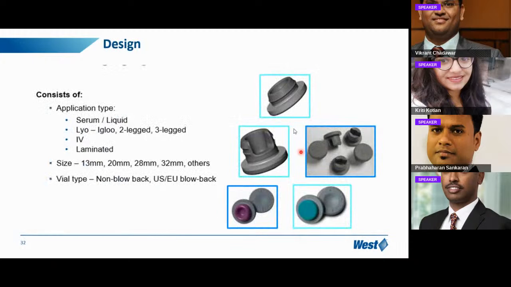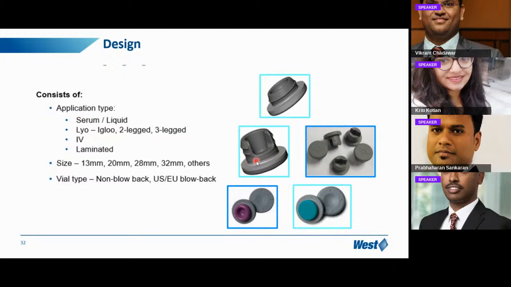So, like I mentioned, there are different versions, designs available on this rubber stopper. So, this is the serum stopper, the lyo version. In the lyo, there are different versions, what we call the igloo. So, single-legged or igloo. This is a two-legged or three-legged, and this is mainly used for a lyophilize technique because